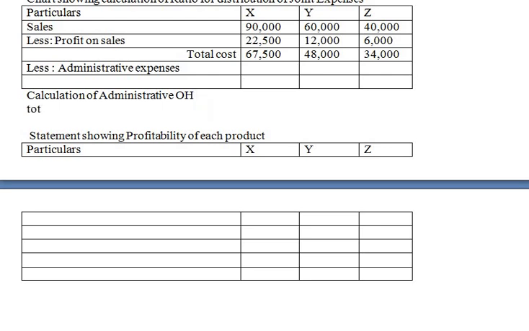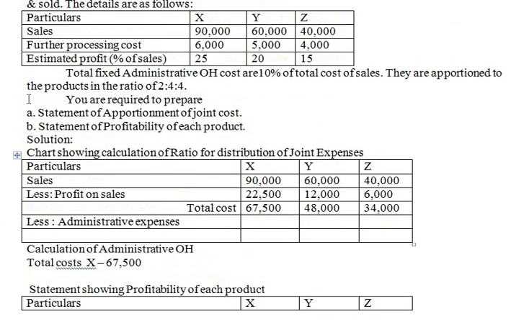Now, total costs. X is 67,500. Wait, I forgot, before taking this we will read what they have given. See here, total fixed administrative overhead cost is 10% of total cost of sales.